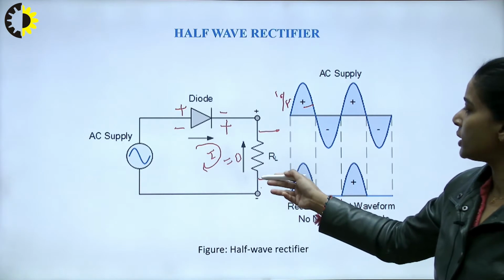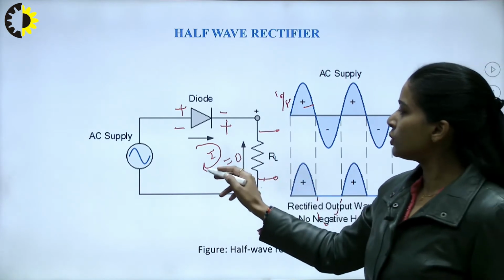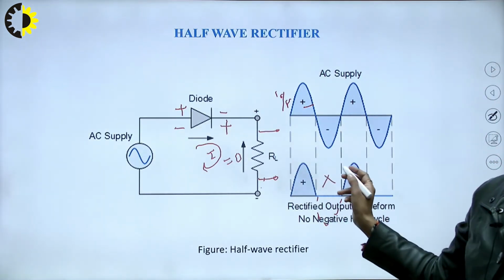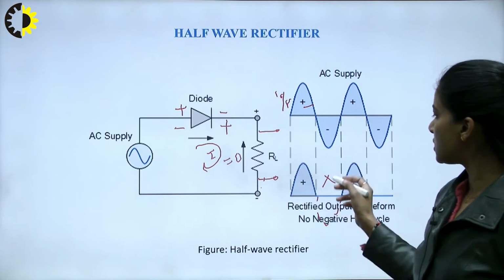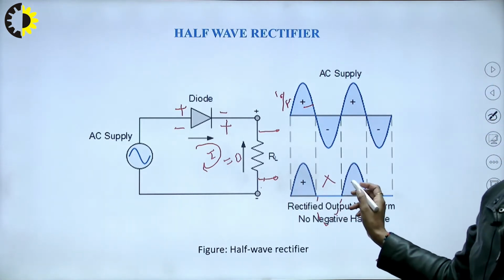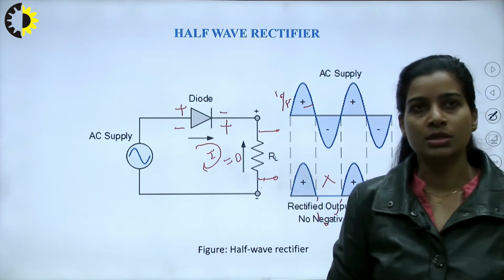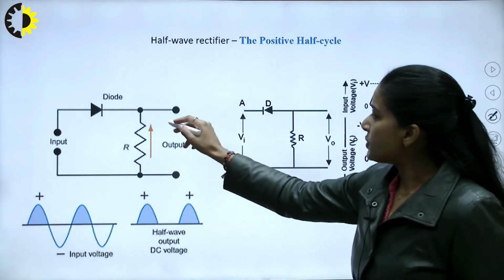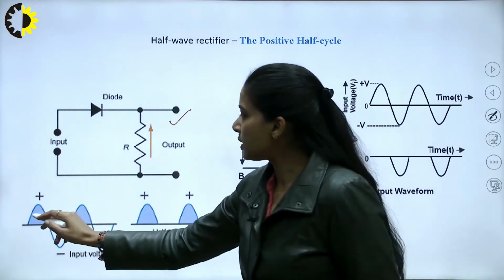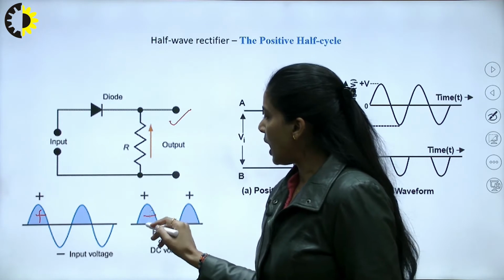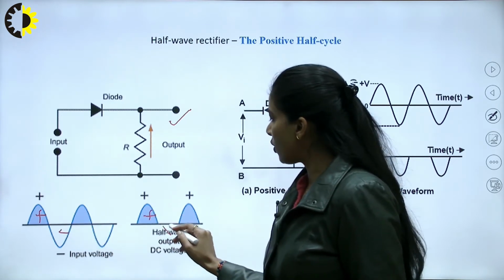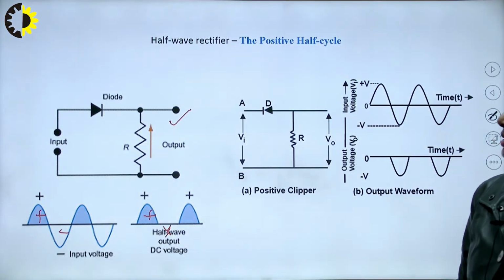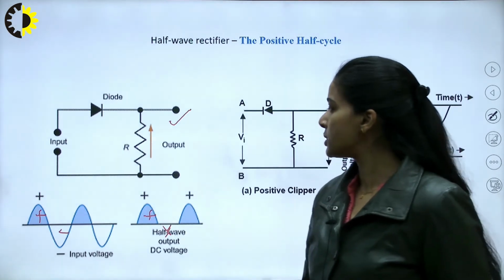We will get the same type of representation for voltage as well as for current. If we are measuring voltage across it and the current flowing through this circuit is 0, then obviously this voltage will have 0 value, and the current, being 0, will not be represented in the negative half cycle of this half wave rectifier. This we have seen, how it is working. For the positive half cycle we are getting output, and for the negative cycle we are not getting any output voltage or current, because in that case this diode will be reverse bias.